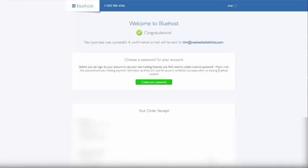Okay, and the next thing you need to do is create a password for the new account that you created. I definitely recommend using some sort of password management system. I personally use LastPass. I don't think it matters too much which one you use. I like LastPass, but there are other ones like 1Password. When you're building your website, you're going to be making a lot of different new accounts. And for your website security, you want to be using a different password